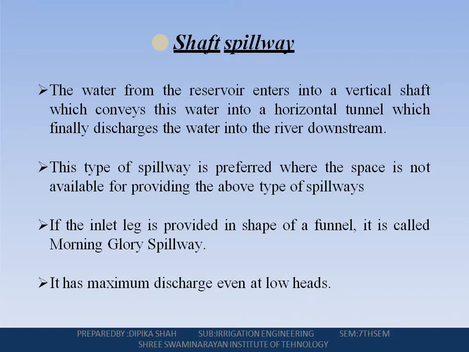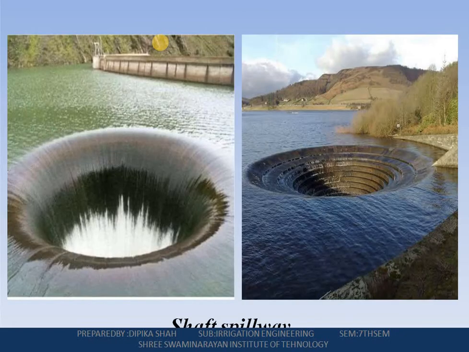Basically a shaft spillway consists of three main elements: first, the overflow control weir or morning glory; second, the vertical shaft; and third, the closed discharge channel. You can see a shaft spillway in this figure. A small shaft spillway may be constructed entirely of metal or concrete pipe or clay tile, and the vertical shaft of a large structure is usually made of reinforced concrete, and the horizontal conduit is tunneled in rock.